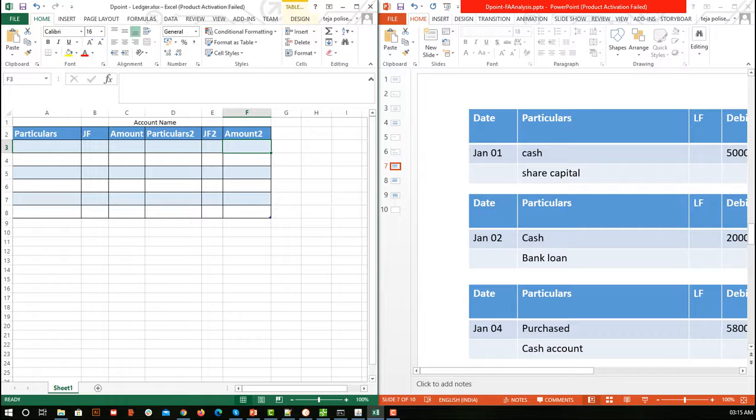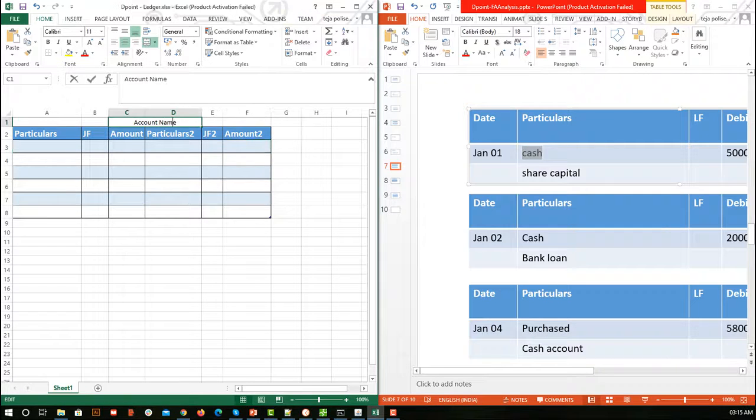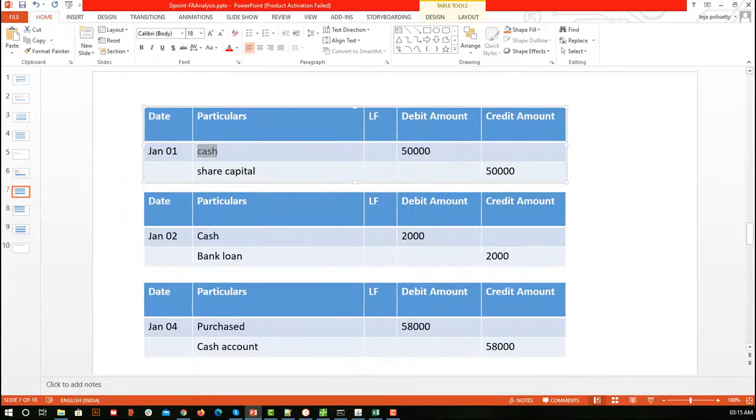First we consider the first transaction. We have the cash account, so let's complete all transactions with respect to the cash account. We write the account name first, that is our cash account. Now forget everything about the cash account. This was one transaction, and cash is involved, yes. So we have to focus on share capital. I hope you are getting my point.